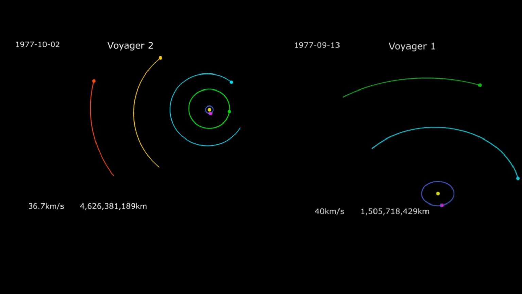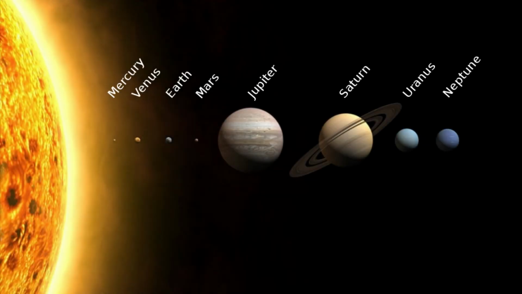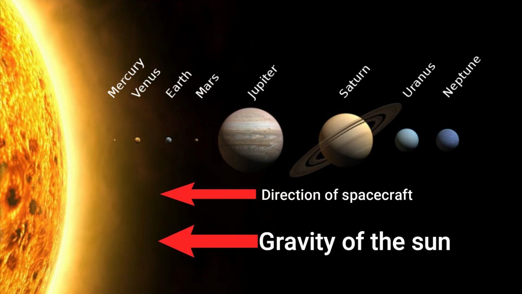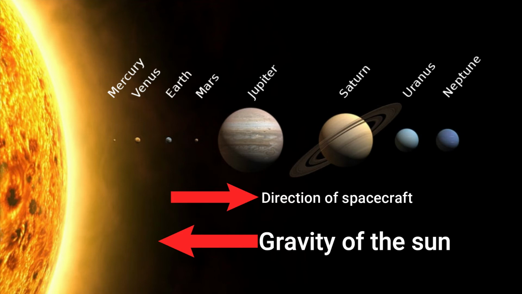These are the trajectories that enabled NASA's twin Voyager spacecraft to tour the 4 giant planets and achieve velocity to escape the solar system. The purpose of gravity assist is that a spacecraft traveling from Earth to an inner planet will increase its relative speed because it is falling towards the Sun, and a spacecraft traveling from Earth to an outer planet will decrease its speed because it is leaving the vicinity of the Sun.